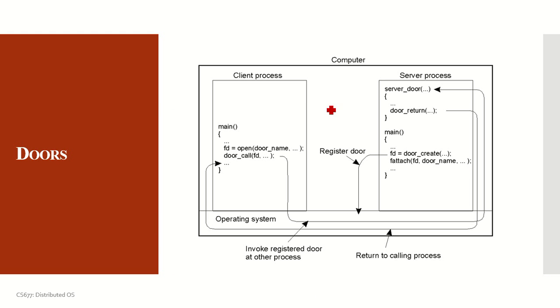This is one computer. We have the client and the server processes on the same machine. Now here is where my function is called. In the same operating system, we open the client door and change it to the server door, and finally when the execution happens here, the registration of the door happens over here, and then we return the processes back. You will see the arrows indicating how the functions are called and how it is executed on the same machine when it switches from the client process to the server process, and the kernel switches between the two. These are known as doors for a lightweight RPC.